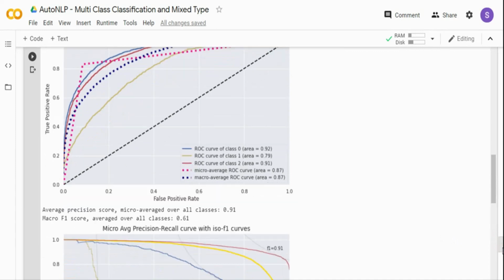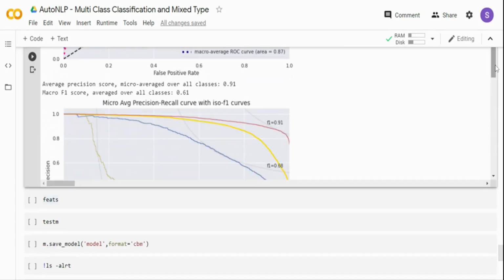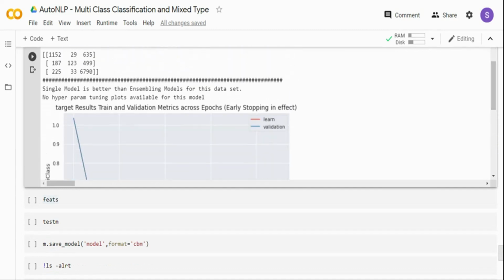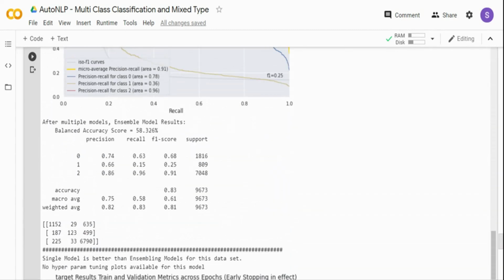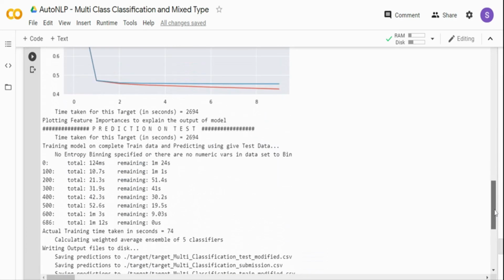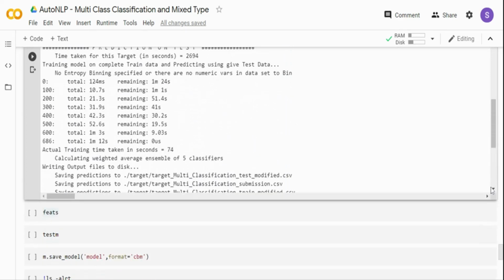So it's not great. And again, as I said, this is not the final model. This is just to give you an idea how it performs. You can use a lot of the features and techniques that are created, and then you can do your own feature engineering and feed it further.